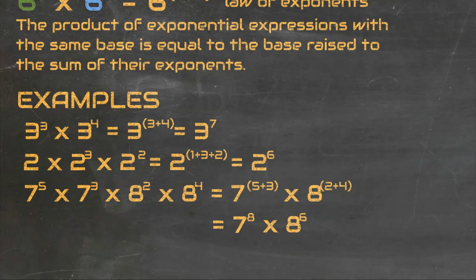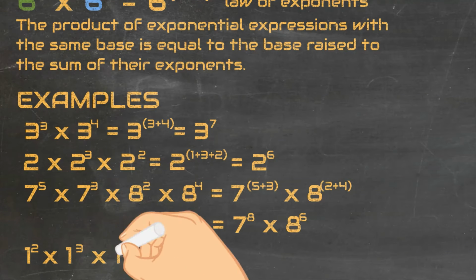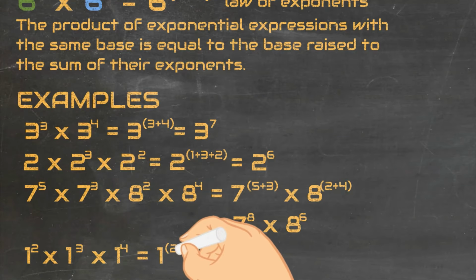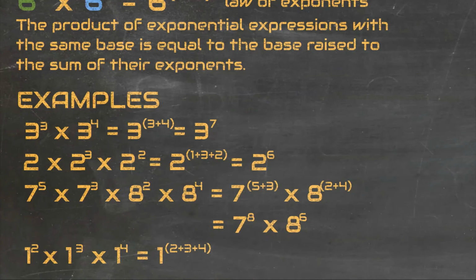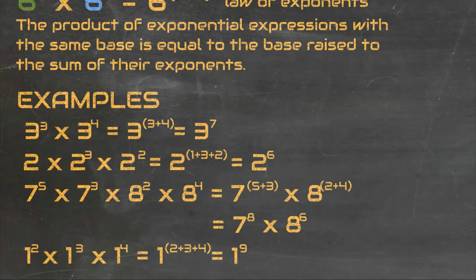Next example: 1 squared times 1 cubed times 1 to the 4th power. This is equal to 1 to the power of 2 plus 3 plus 4. 2 plus 3 plus 4 equals 9. The expression then becomes 1 to the 9th power. From the previous lesson, we learnt that 1 to any power is equal to 1. 1 squared times 1 cubed times 1 to the 4th power is therefore equal to